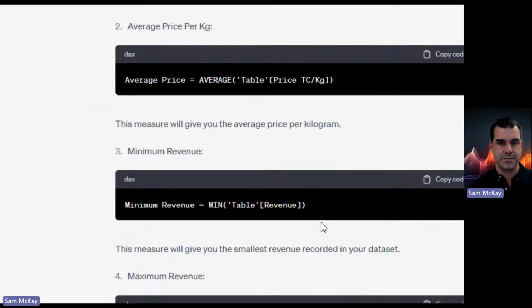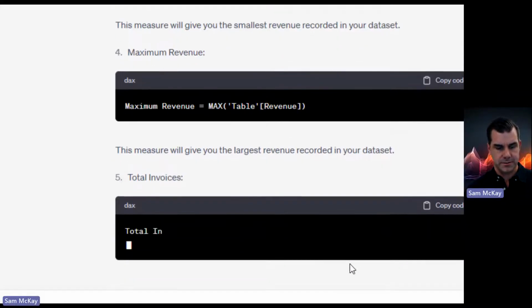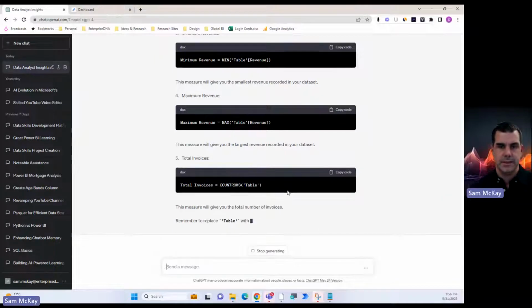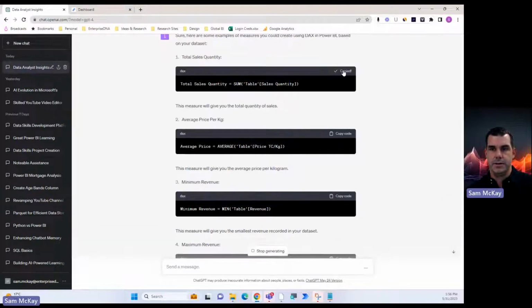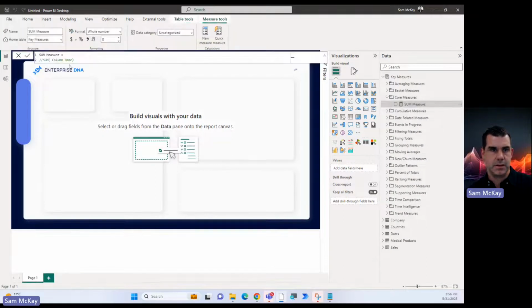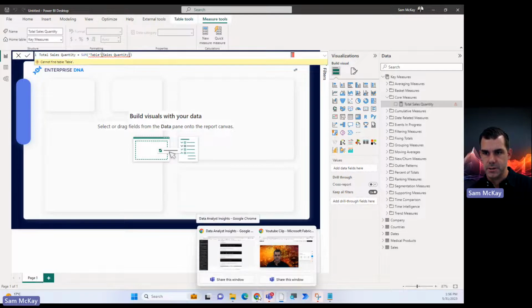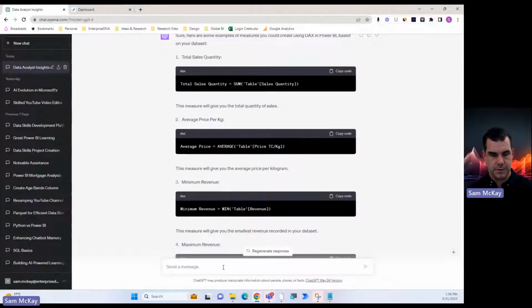Oh, so we're literally only going to have to just copy and paste. Wow, this is crazy, right? So good. Okay, so we can come in here, and within our core measures here, I can just start typing them in. Oh no, it's not grabbing the right table name. You know what we should do? Because we don't want to have to change all these. We want to call it sales.